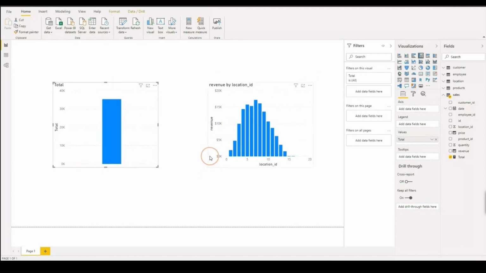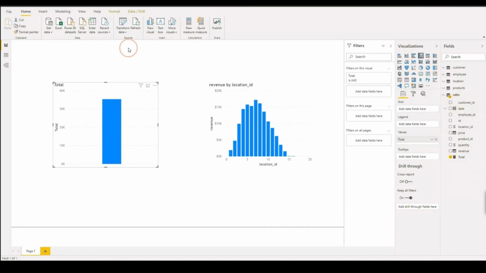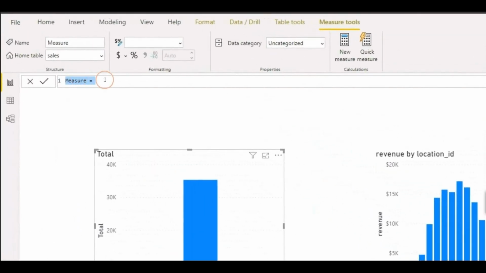So to show that we can often use a measure instead of a calculated column, we now want to calculate the exact same revenue with a measure instead of a calculated column. So let's right-click again on the sales table, and now you select new measure, and this will be our revenue measure. So let's type revenue measure